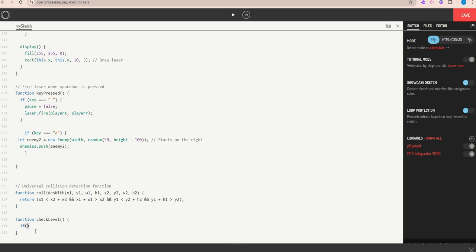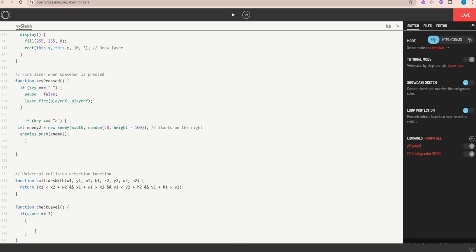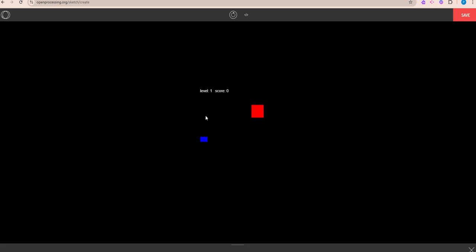So now I want to say if the score is 3, then let's make level equal 2. Okay, and we'll make the score 4. The reason why we do that, okay, is this will happen again and again and again. So we might want to just say, okay, you're in level 2 now, and we'll force the score to 4. So let's do that. Let's just see if this,